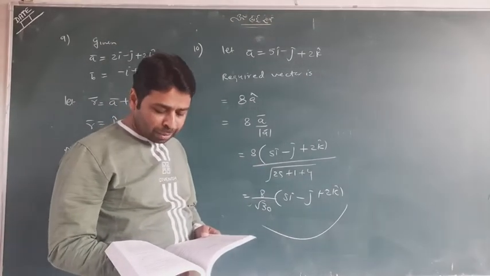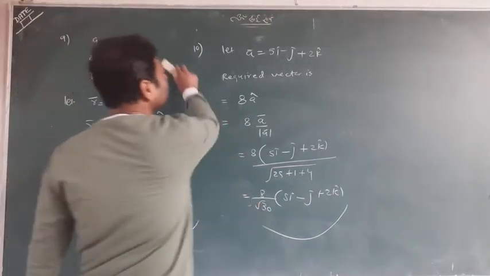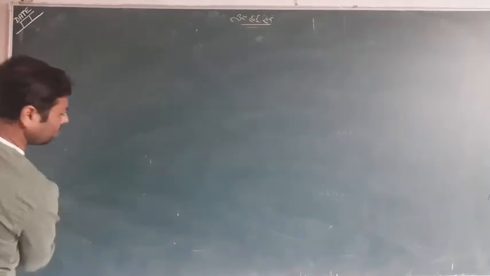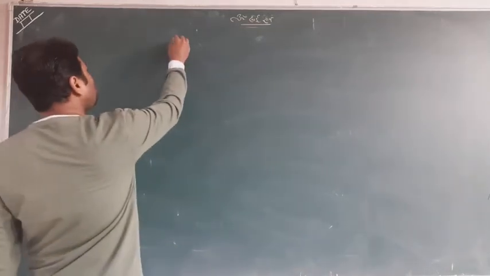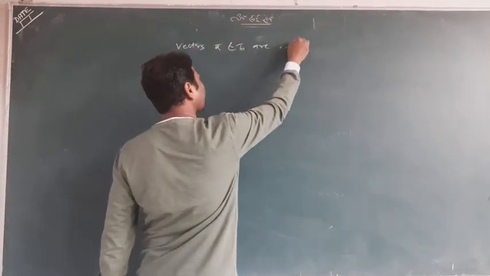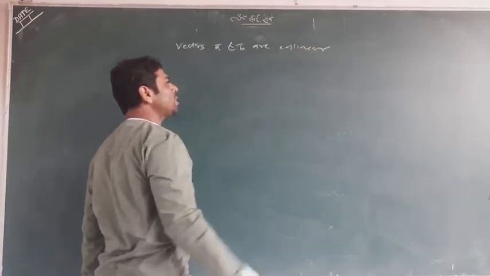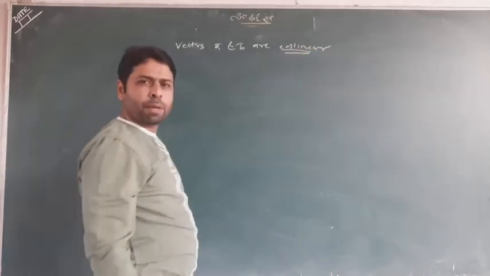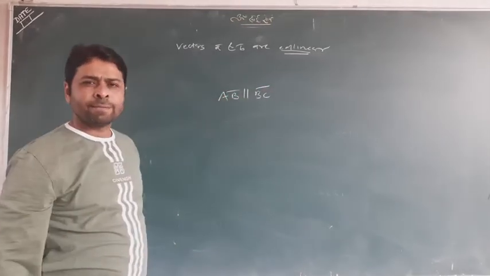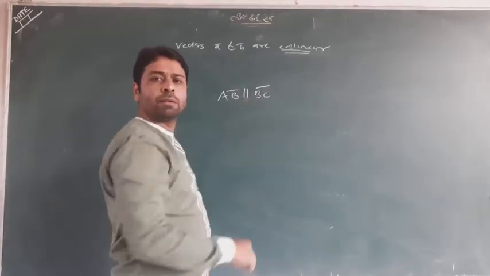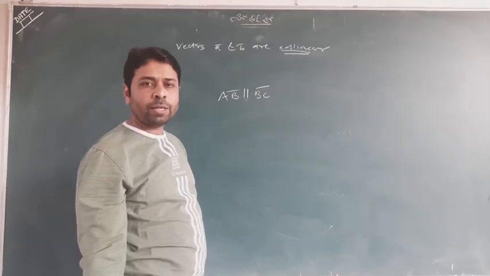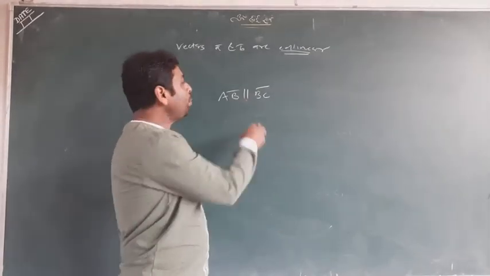11th question, let me explain something about the 11th question. Any two vectors A and B are collinear. So let me speak something about this. No special definition of collinear. When we say AB and BC are parallel, in the case of parallel, they can be collinear. Points can be collinear. Why? Vectors can be collinear. Why? Because B is a common point.